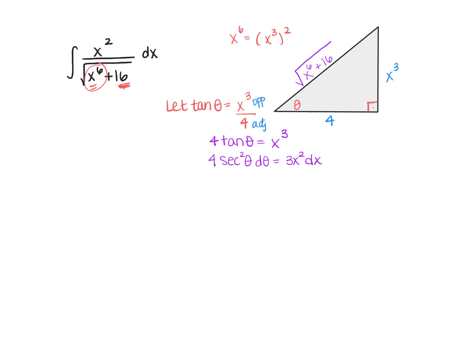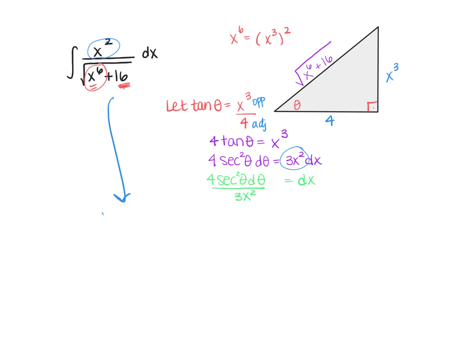Now, just go ahead and take a look at your problem real quick and see if you think this is going to work. So look ahead. Well, I believe so because this x squared is going to match really well with that. So let's just go ahead. A lot of you are solving for dx, so go ahead and do that. 4 secant squared theta d theta, and this would be all divided by 3x squared. Now, I know we're in single variable calculus. Don't worry so much yet about the fact that you have thetas and x's. They are going to divide on the very next step like so.